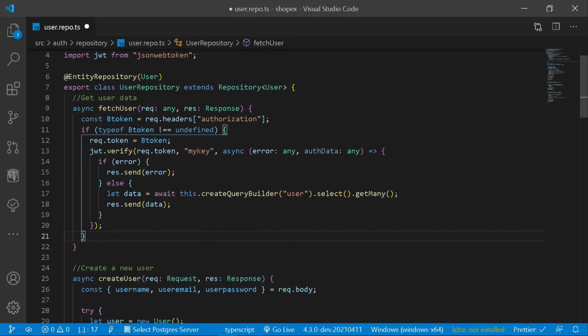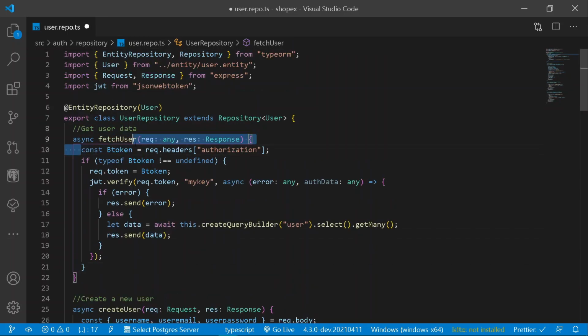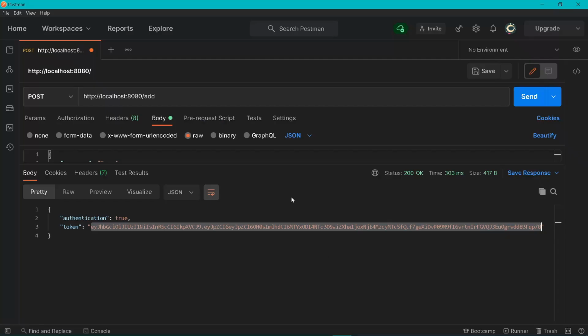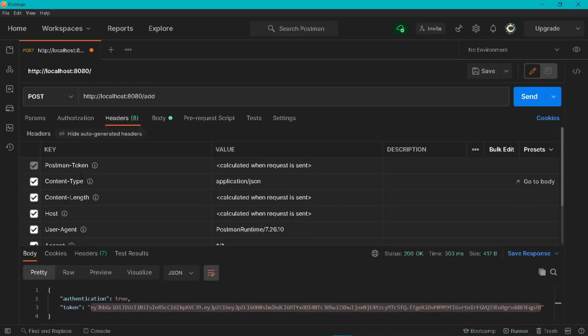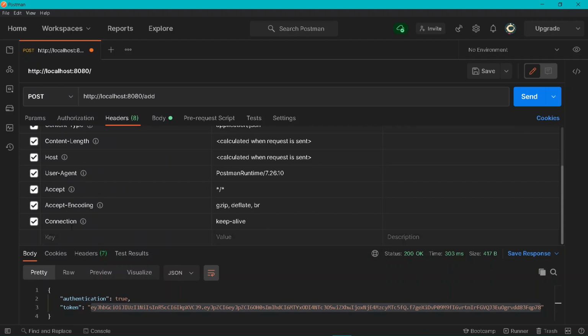Format document first. So what is happening here is, first of all, we are getting a bearer token, that is bToken, from our headers. Now let me show you the headers that we will be getting. So under your Postman, you should be moving under headers, and under the following key and value, we should be pasting here an authorization and also a bearer token.